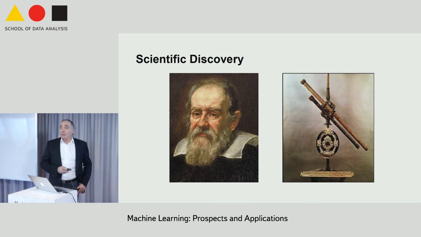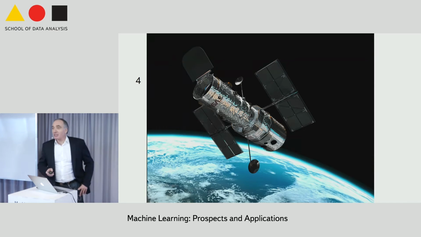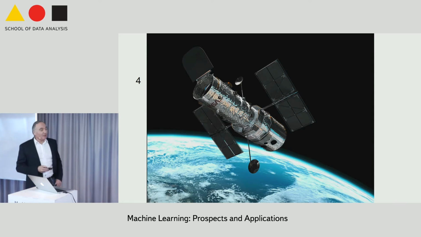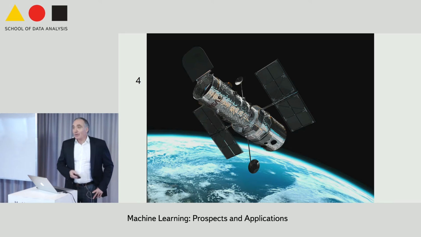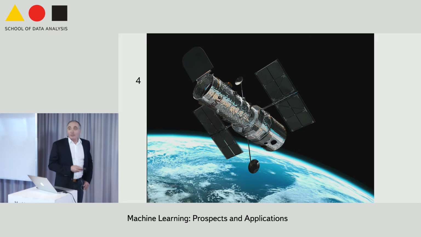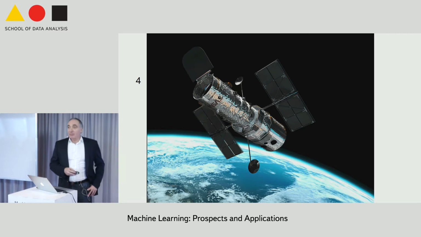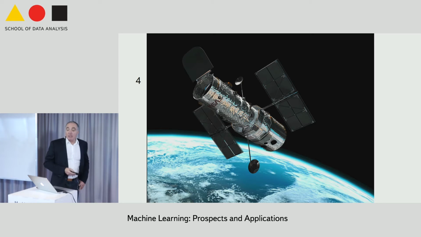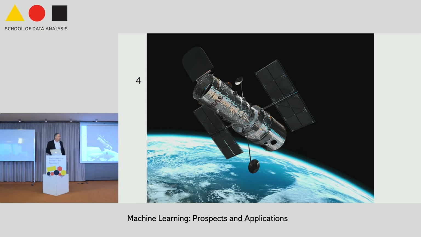No computers, no data. How do things look today? Pretty much the same thing. It's still a telescope. You cannot order it on Amazon. It is in space. It's called the Hubble telescope in this case. The difference is you cannot put your eye here. You need, of course, a computer. You need databases. This thing is producing terabytes of data, watching the sky. And of course, now the problem of learning, of understanding the data becomes much more complicated and requires machine learning.